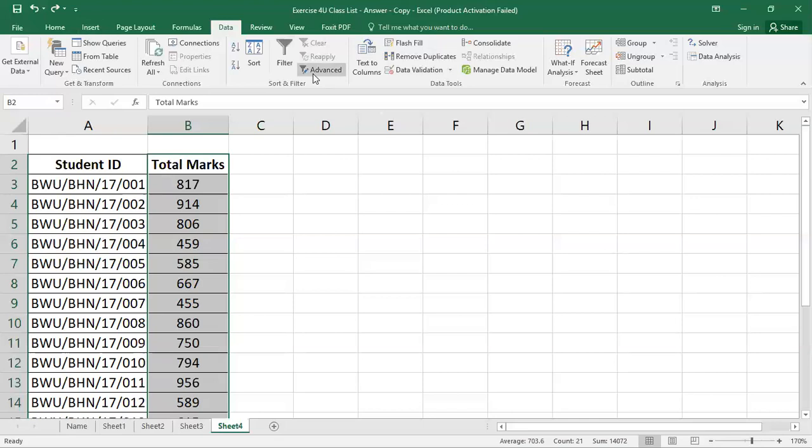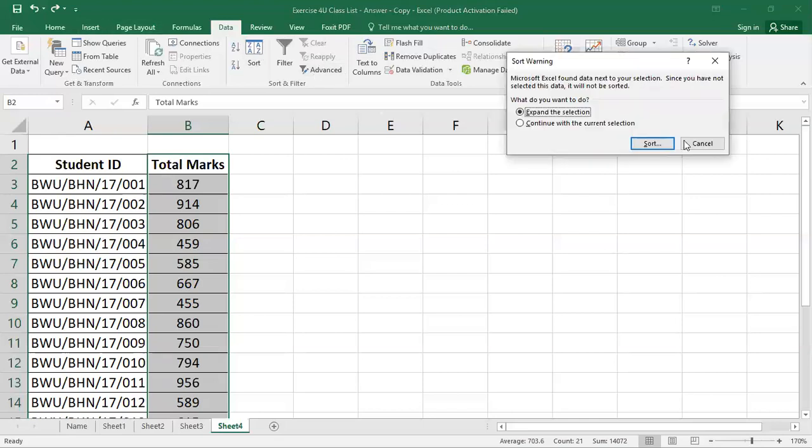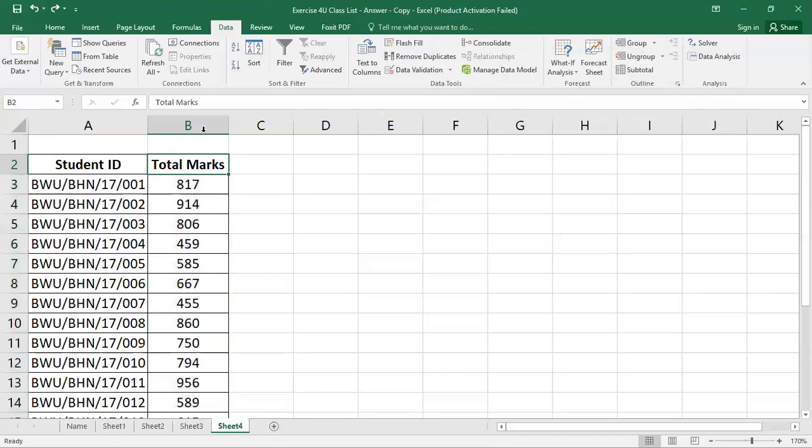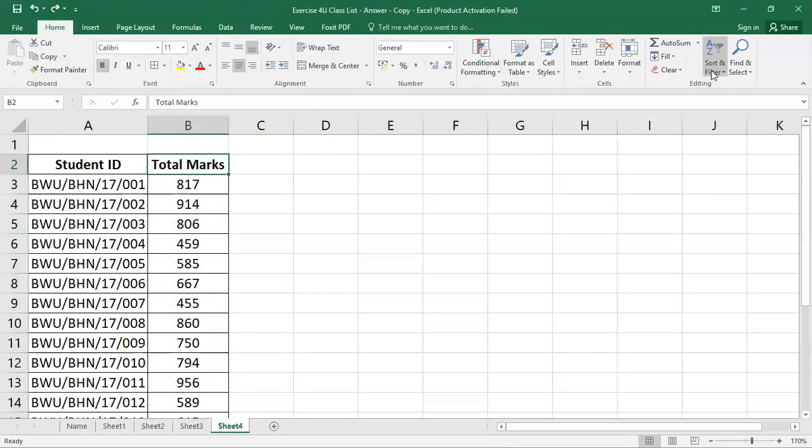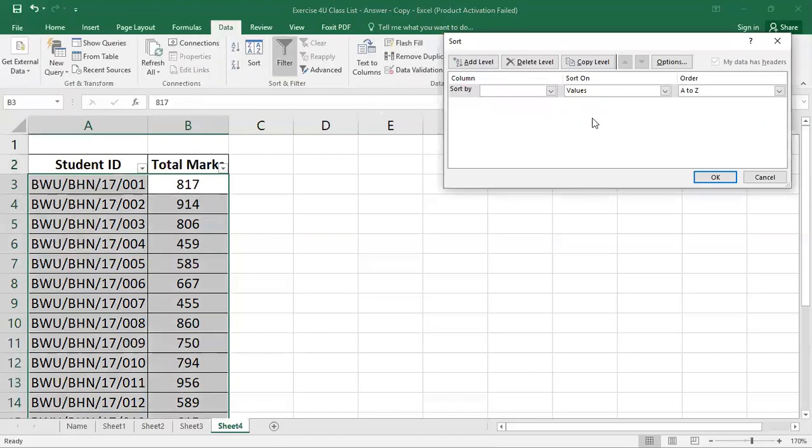And in case of sorting, we just implement either smallest to largest or largest to smallest. There are two options, either A to Z or Z to A, or we can select the custom list as I showed you in the previous example.